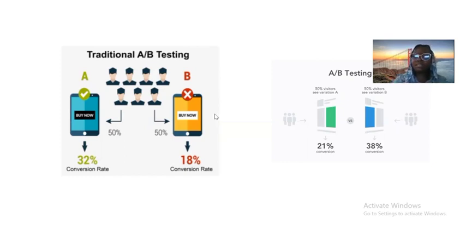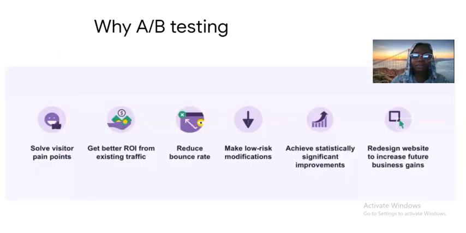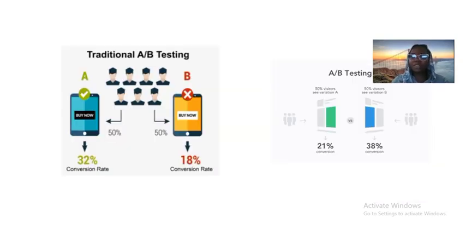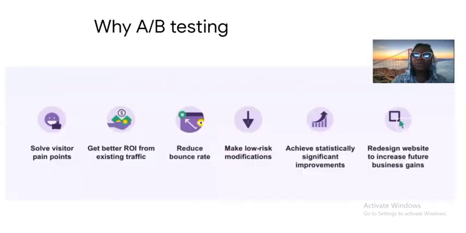But what we do in statistics, we don't just want to make these conclusions and say, okay, the new version of this web page is better than the old version. We want to be sure that the one that we are choosing has better performance statistically. So why not just use the tools you have to look at it and say, okay, this one has better conversion rate, let's just go with it? Why do we want to perform this A/B testing?